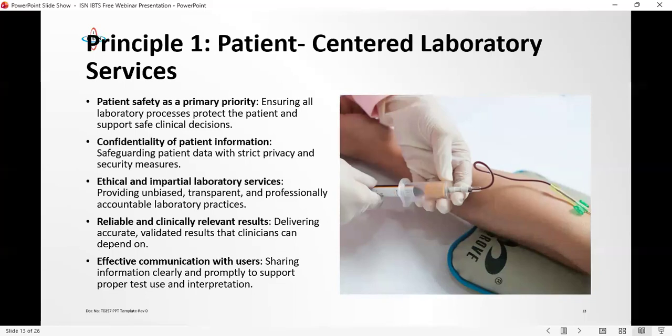When we implement this good laboratory practice, the ISO 15189 requirement is effective communication with users. If your result is not going to be available at a certain time, do not keep quiet and try to troubleshoot. Communicate first. Do you have a turnaround time for your results? Those results, are they going to be available at the time? Scientists must communicate with the phlebotomist because they are the front line. Or if you have a front desk, communicate with them that this is what is happening.